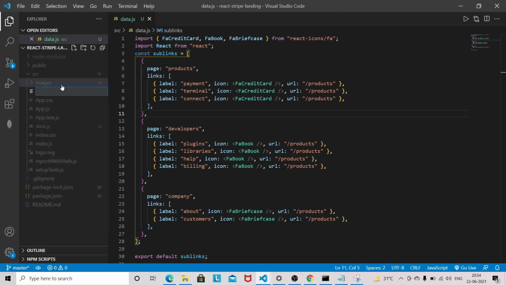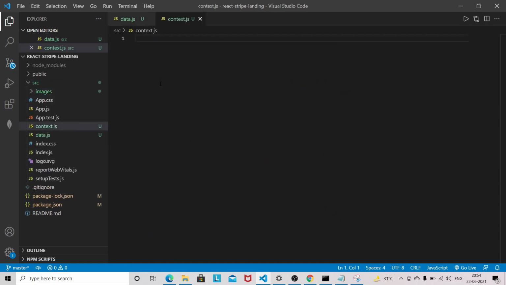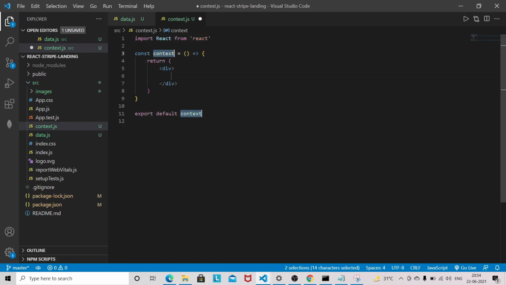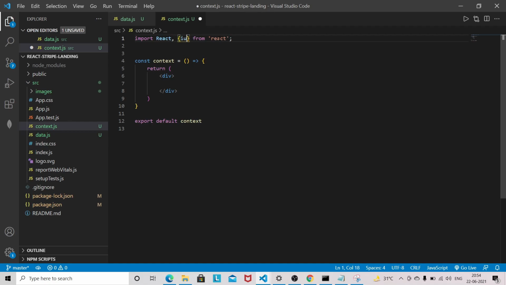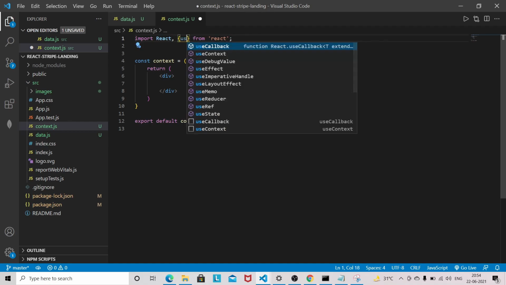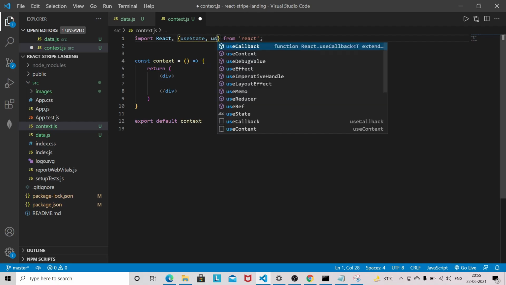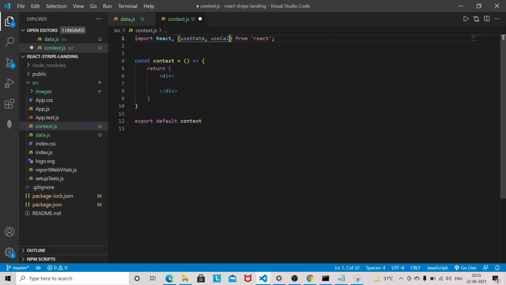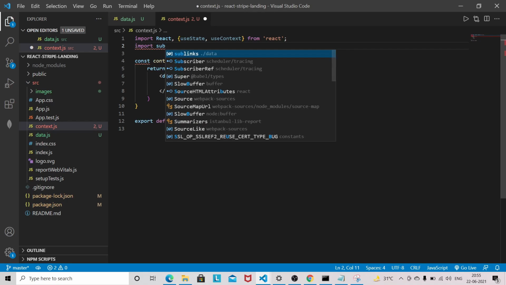So we will be working with the context in this application. So context.js, and I will generate a snippet, and from React I also need useState, useContext, not useCallback, useContext, and we have to import the sublink.